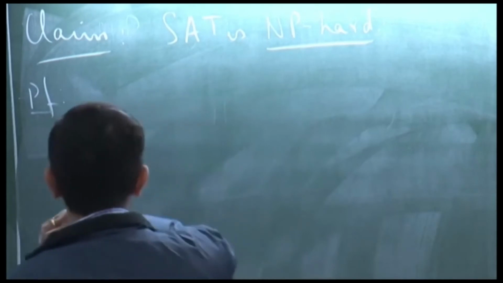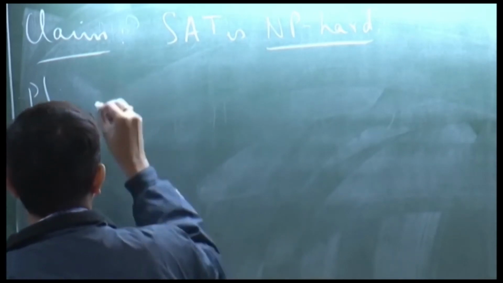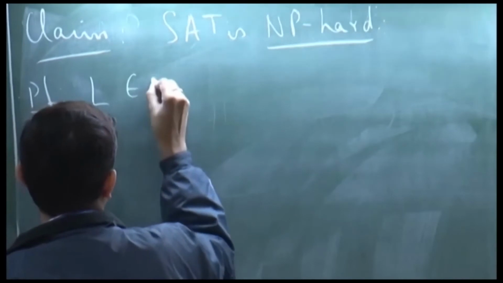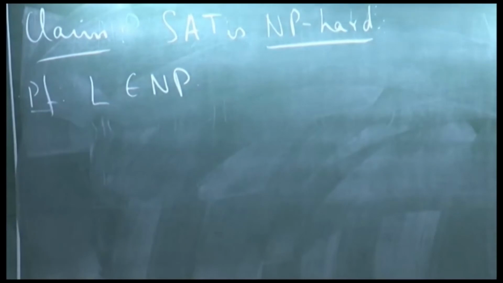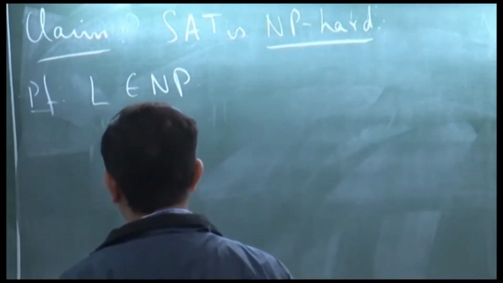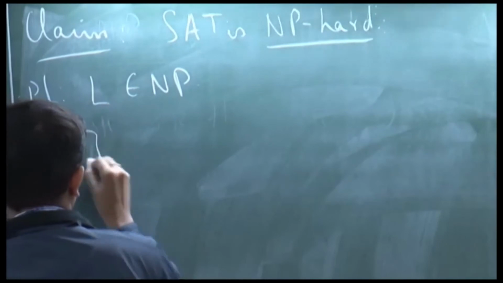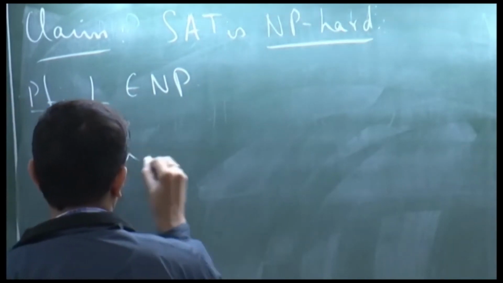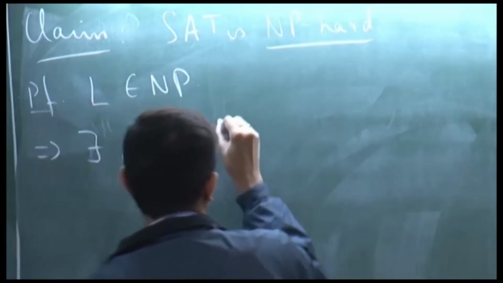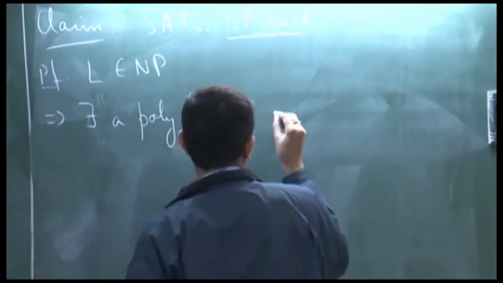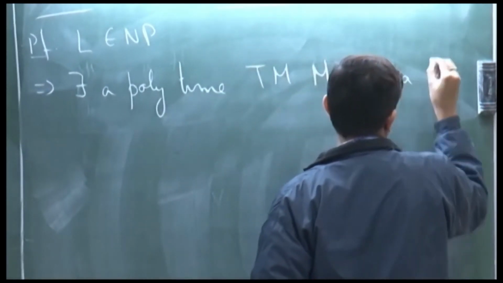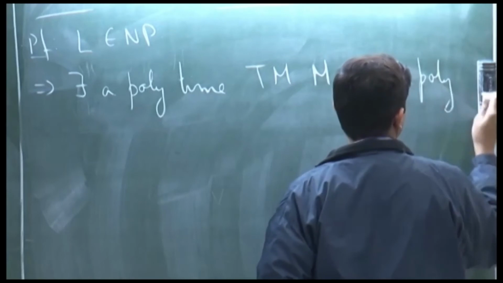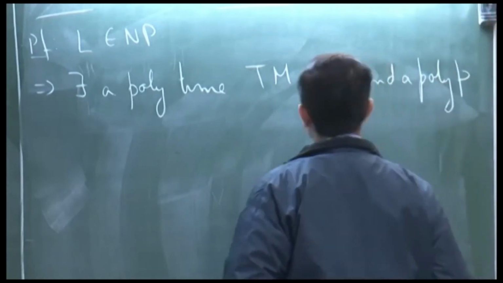What does it mean to say that SAT is NP hard? It means that if we take any language L in NP, there should be some way of reducing L to SAT. So, let us take a language L in NP. This means that there exists a polytime Turing machine M and a polynomial P